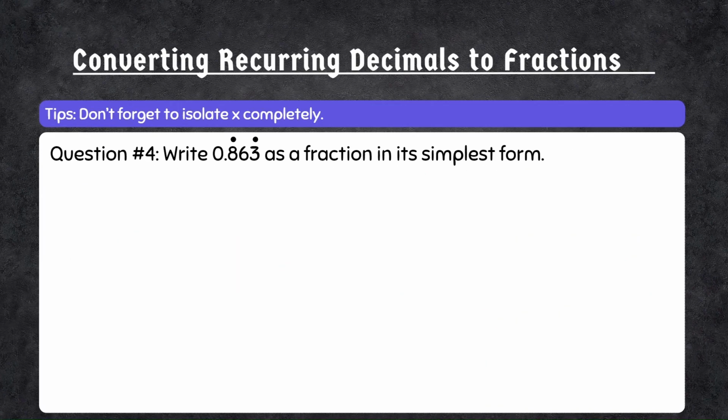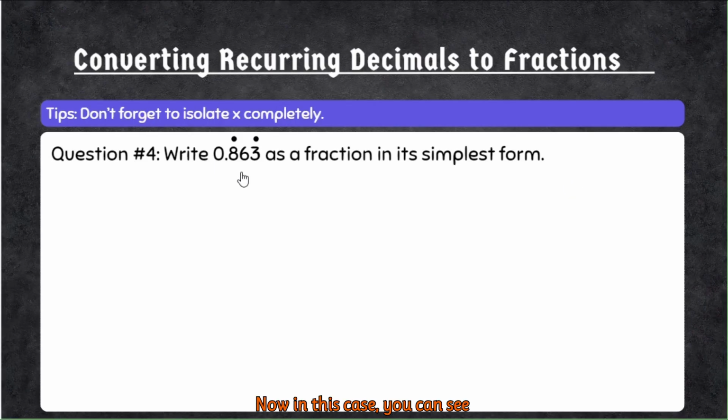Our last question for this video is, write 0.863 recurring as a fraction in its simplest form. Now in this case you can see that 8 has a dot and so does 3. However, 6 does not have a dot. But when you have 2 dots and the middle number does not have a dot, it basically means that all 3 of them are recurring. We just don't put the dot on the middle number. So our x would be